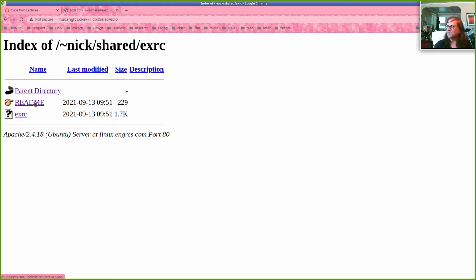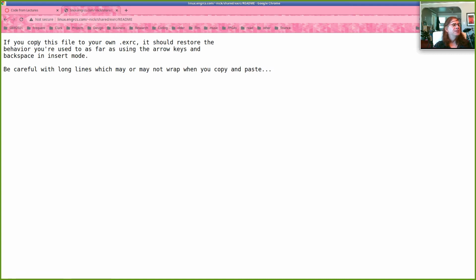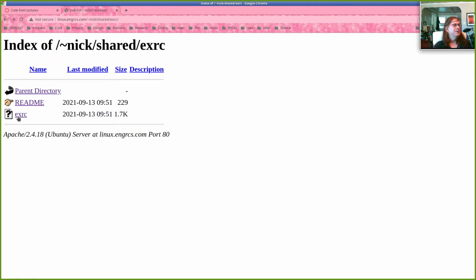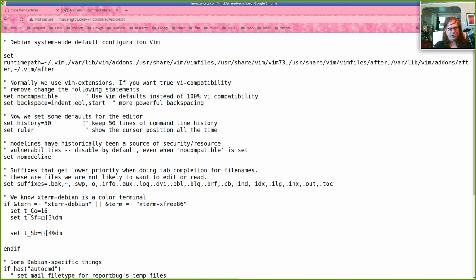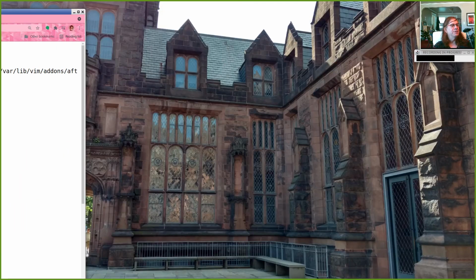So what some students find is that when they try to use VI on a different environment, sometimes when you use your arrow keys, they don't work the way that you're used to them working. Particularly if you're in insert mode where you're typing text and you use an arrow key, sometimes the up arrow key generates a bunch of A's instead of simply moving your cursor up. If you want to restore the behavior of VI that you're used to with respect to arrow keys, go into this directory, take a look at the README, and it says copy this file to your own .exrc. So what does that mean? Go ahead and look at this file and copy it, throw it on your clipboard somewhere.